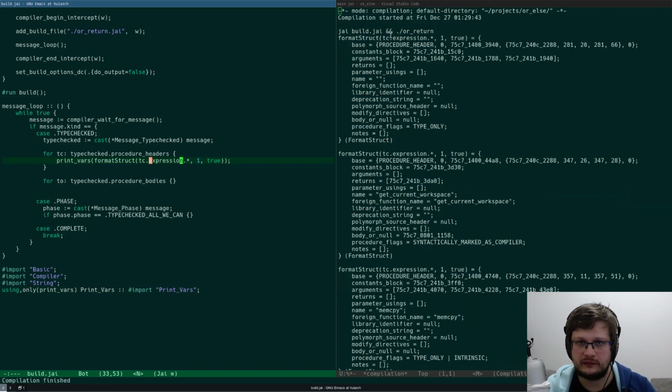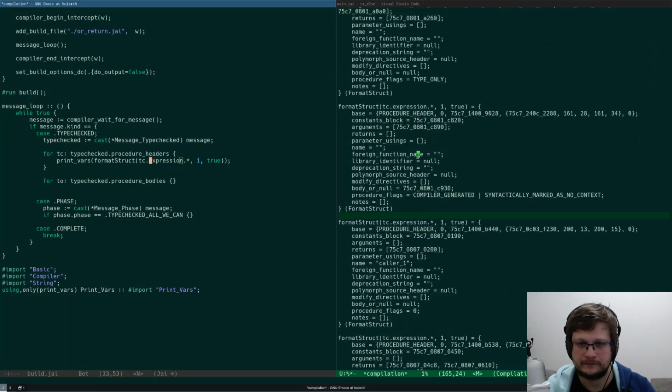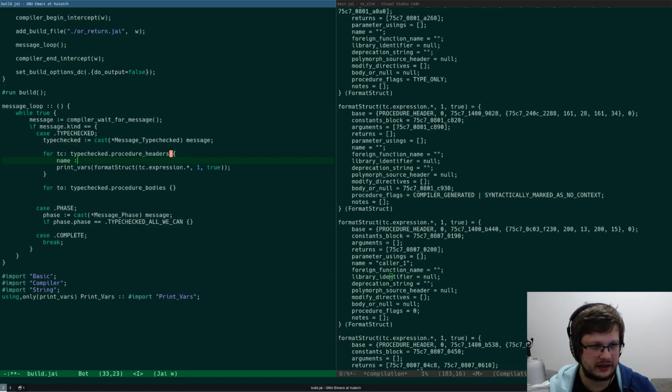So yeah, okay. Oh, it will be a lot of procedure headers. It will be a lot of get current workspace because we compile a lot of code. So let's do name equals this name, right?